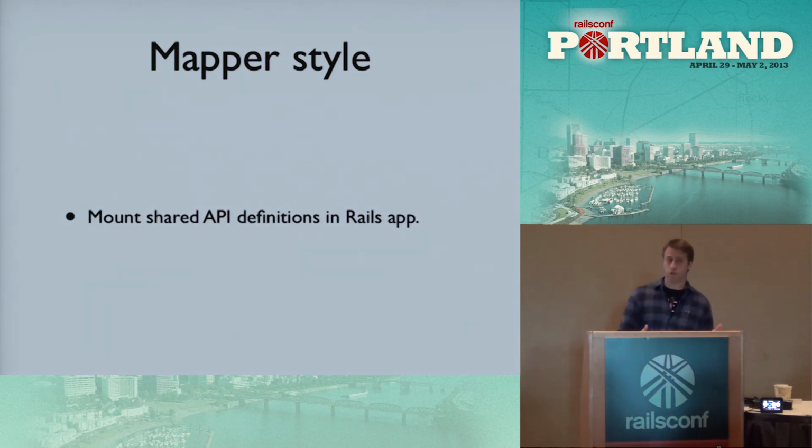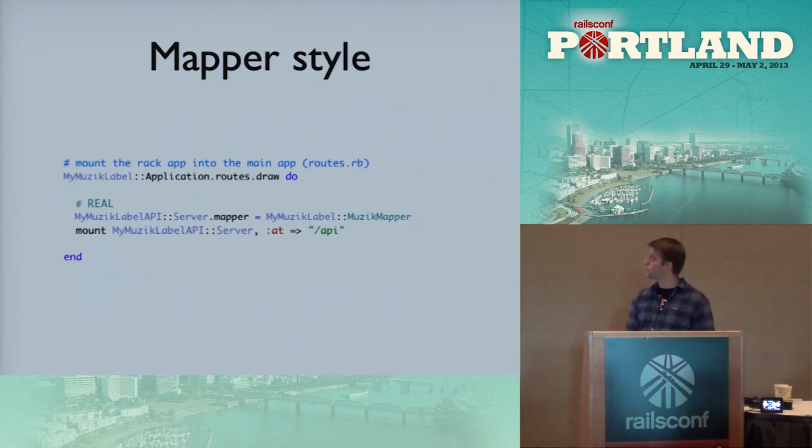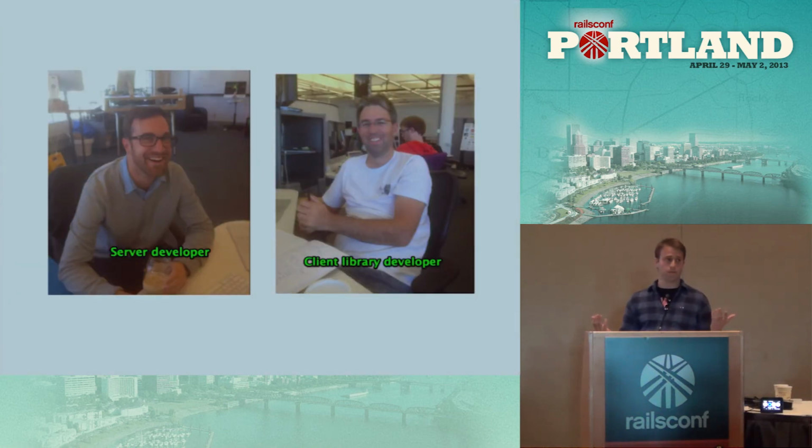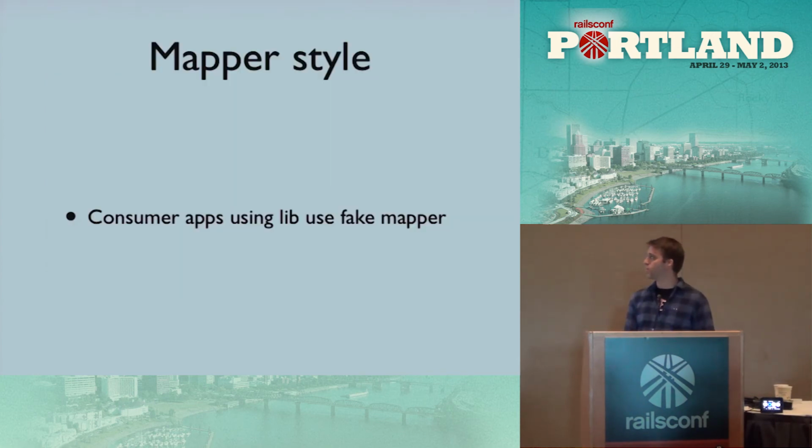And what we get to do with Rack, which is really cool, is that you can mount Rack applications on top of each other, right? And so what we do is we just assign the implementation that we want, and we mount that API. So if we want to have the server done with the real server API code, we can basically say server.mapper equals that real implementation with all the background jobs and whatever. And then we mount it at wherever we want to mount it in our Rails app, and we're done, right? Like the server is done, the client can talk to the API like it was doing beforehand, and that's really pretty much it. And the consumer applications can use the fake mapper just like it was using that fake app,